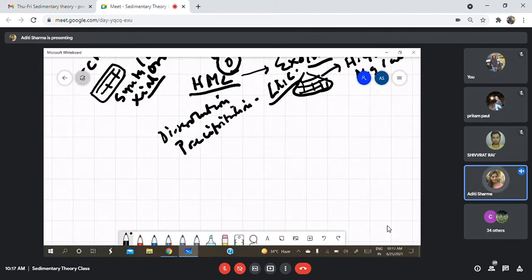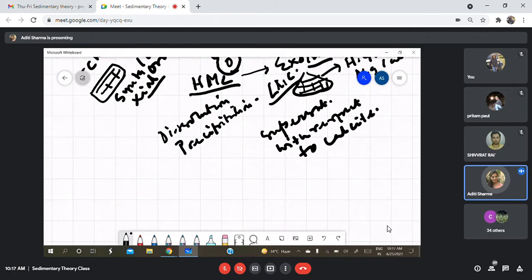What we see in the ocean water, or in any of the brackish water, is that normally the water remains supersaturated with respect to calcite, low Mg calcite. When I mention calcite, that means I am mentioning the low Mg calcite. If it is high Mg, I will always mention high Mg. Normally, seawater or the shallow marine water is always supersaturated with respect to calcite.